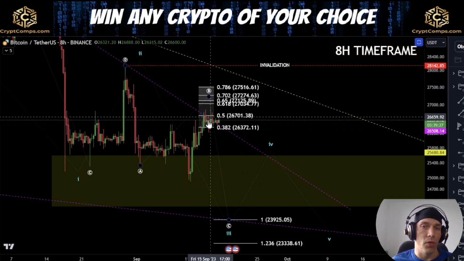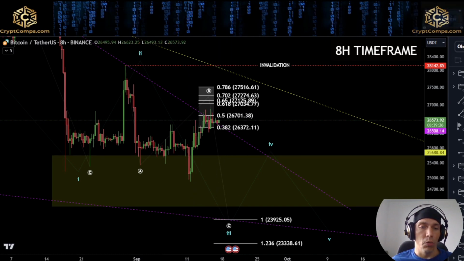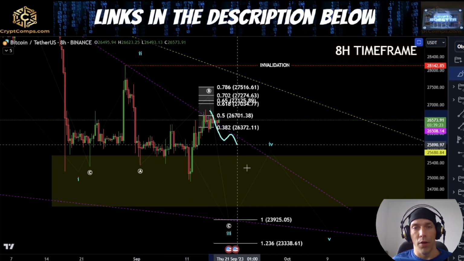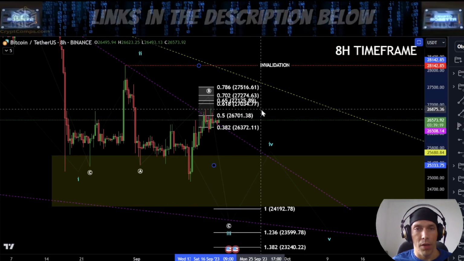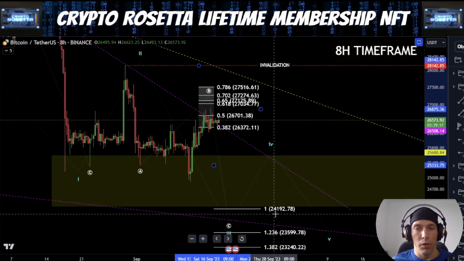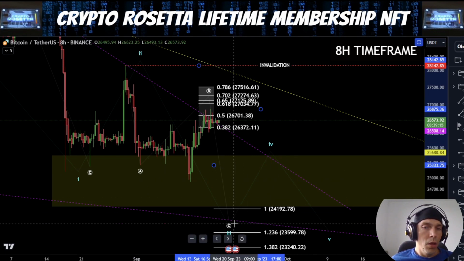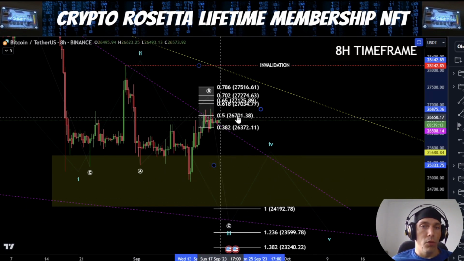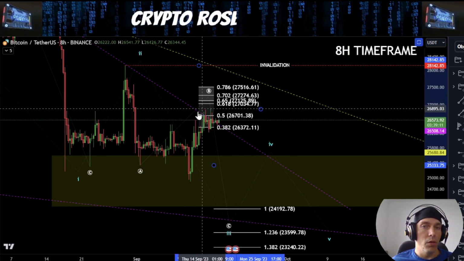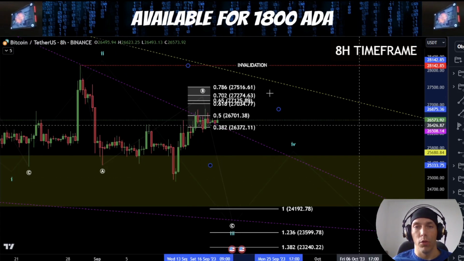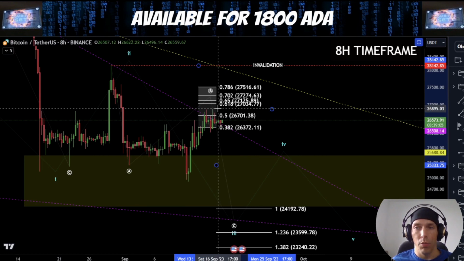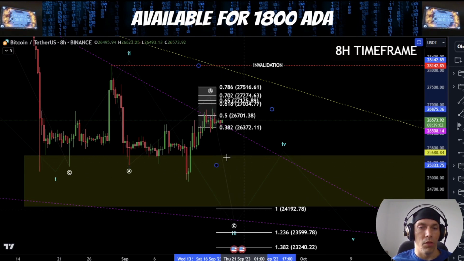We are flirting with this 50% level already, and what we'd be looking for is effectively a 5-wave move to the downside. 1-to-1 would actually be a little bit higher up here now, which would be this 24,192. So that would be looking for a 5-wave move to start from this area. So we need to just be on the lookout that even if we do push up a little bit higher here towards this 27K region, I would be just looking out for this potential that we still have another leg